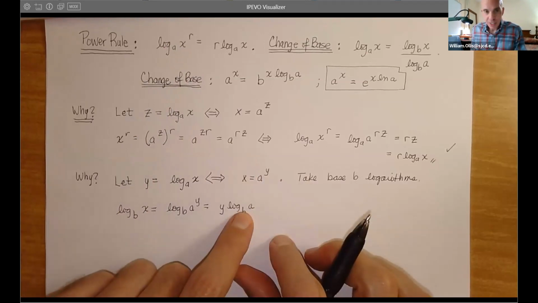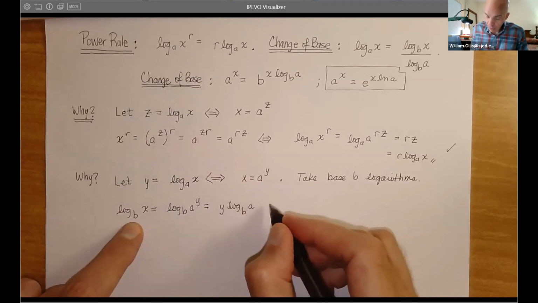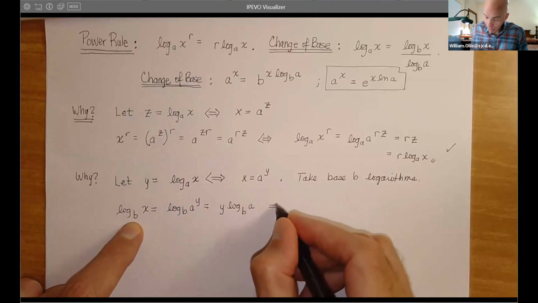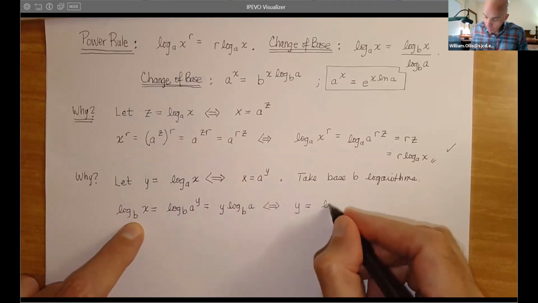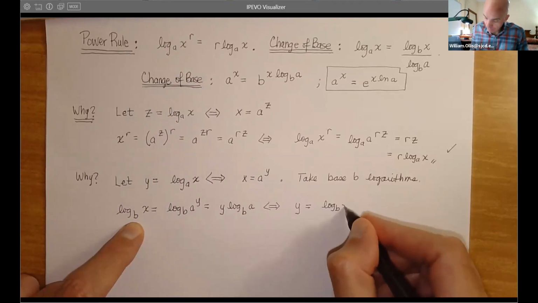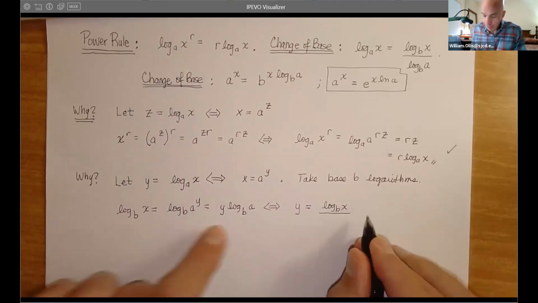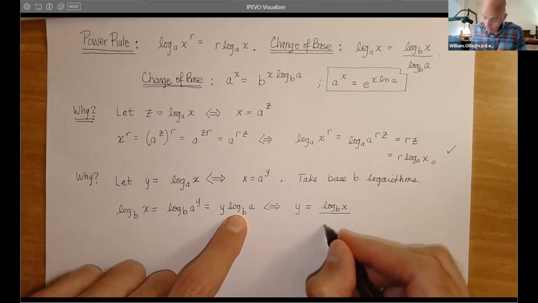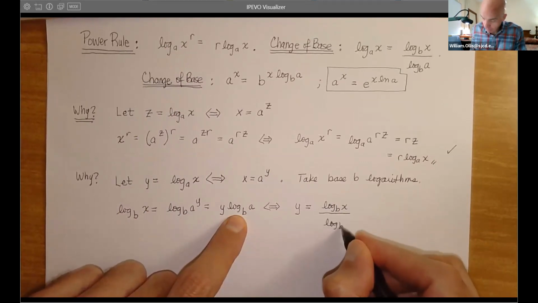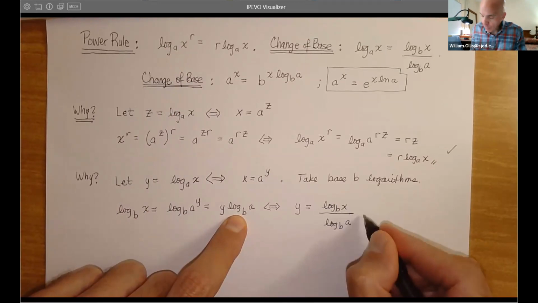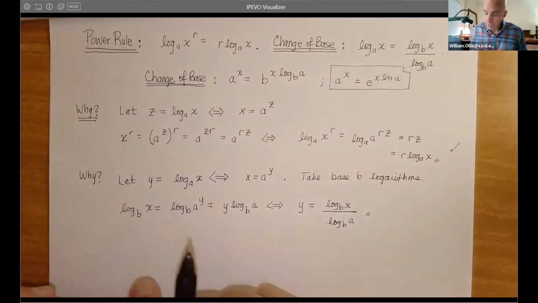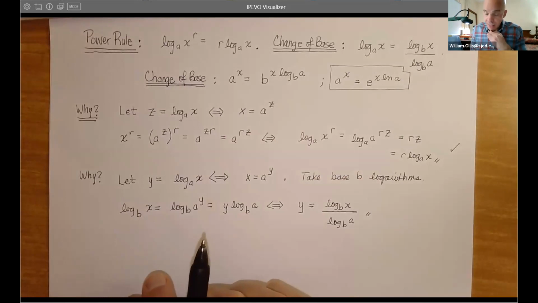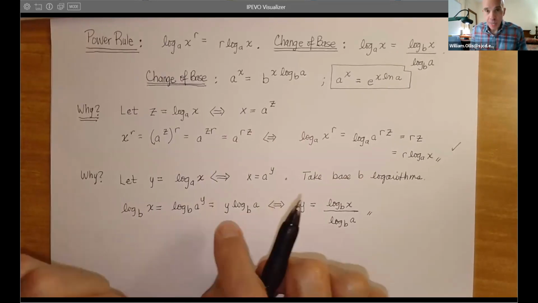So now we can actually solve for y if we divide by the base B logarithm of A. So solve for y equals the base B logarithm of x divided by the base B logarithm of A. So even though the actual proof is very similar to the one we did here, it utilizes the concept of